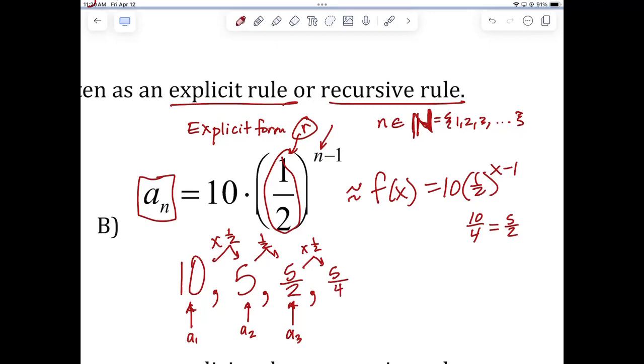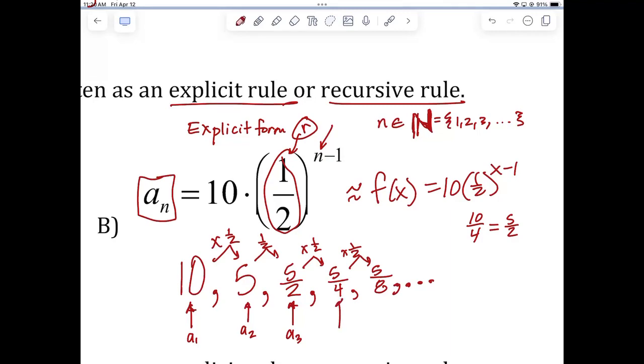5/4. And then the next term would be what? 5/8, so on and so forth. Yada, yada, yada. You see that? So sometimes it's easy to generate recursively. Recursive is easy. It's just times a half, times a half, times a half. But the explicit formula is the holy grail because, again, if I wanted the 100th term,